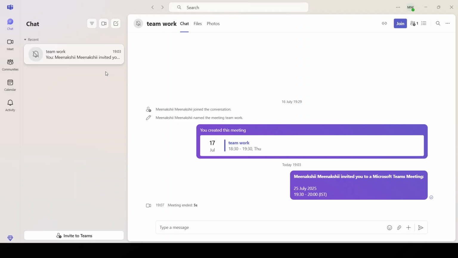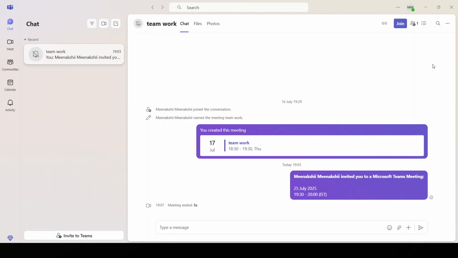Once your list of chats appears, scroll through and find the specific conversation that you'd like to delete. This step is crucial because once you delete a chat, you won't be able to recover it easily. So, ensure this is the conversation you don't need anymore. Click on the chat to open it in the main window, and you'll see the entire chat history displayed in